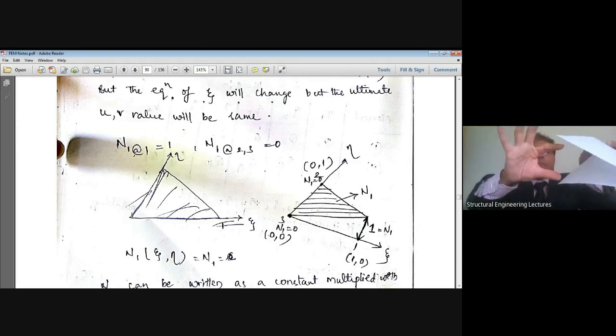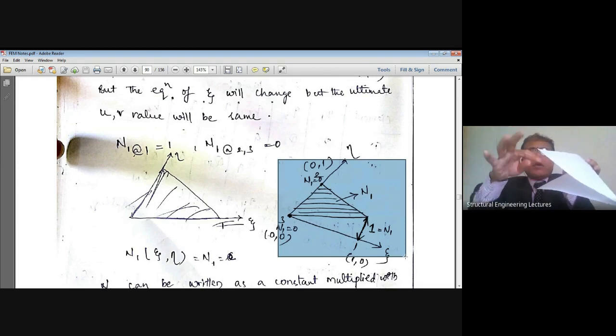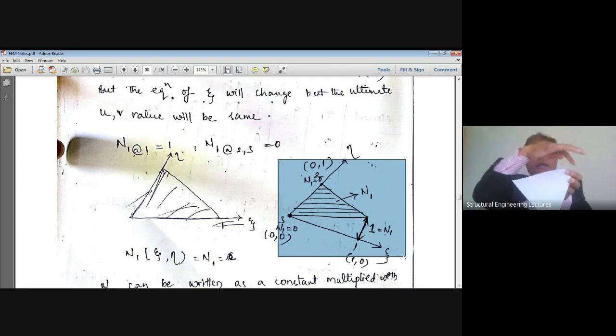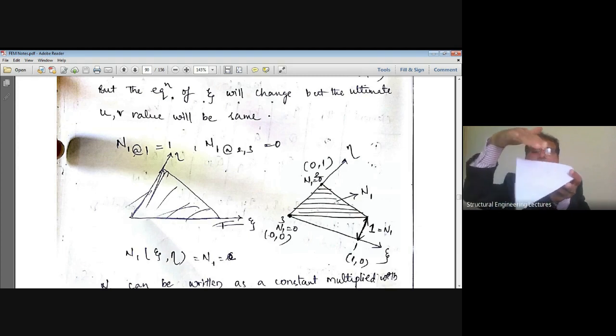That is how this ordinate one works. This picture, what I am showing here, is that node 1 will have 100% contribution at its own node, and it leaves 0% at the others. You can see this is a sloping surface. Therefore, the surface is shown here by this shaded area. That is how this shaded sloping surface is the equation of this shape function N1.